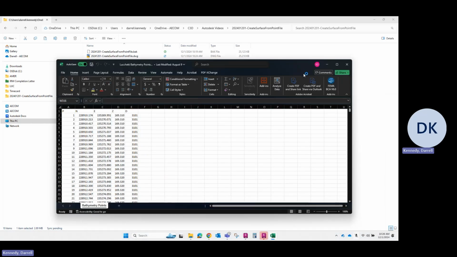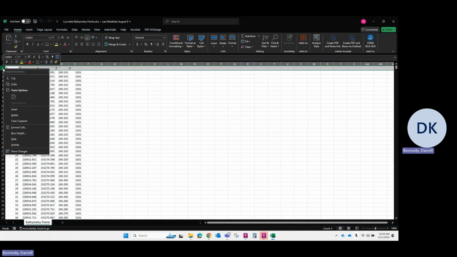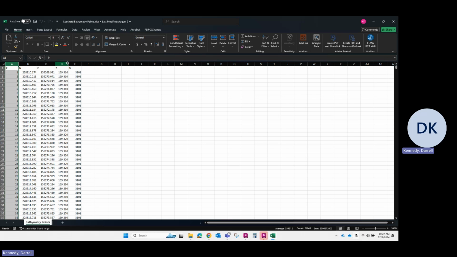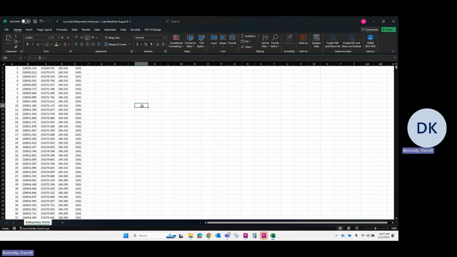So I'm opening this Excel file. This is now the Excel file. Turn auto save off. Delete this top row. So remember, point number, northing, easting, elevation, description. Really, point number is not needed and description's not needed, but we'll leave them for now. So I'll delete. Okay, now we want to save this file